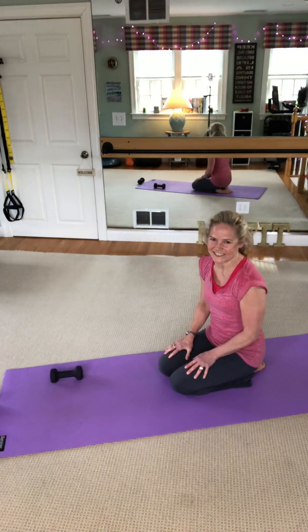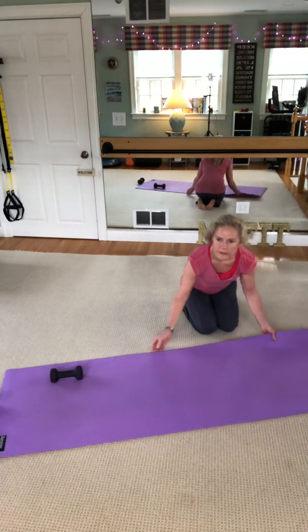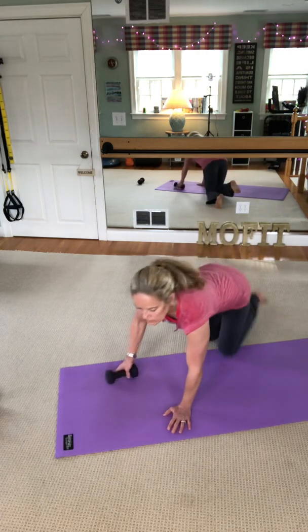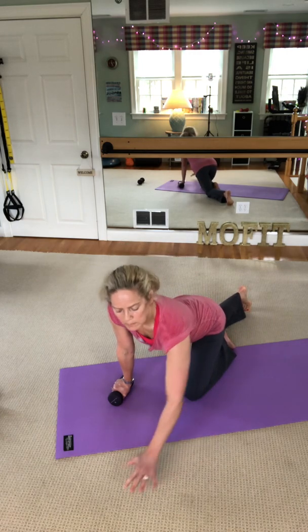Okay, how you doing? Good. All right, now, the next one I promised was a version of Supergirl. I made this up at the Y one day. It is such an awesome move. Totally love it. It works on the carpet, but if you're on a hardwood floor, put a paper towel underneath